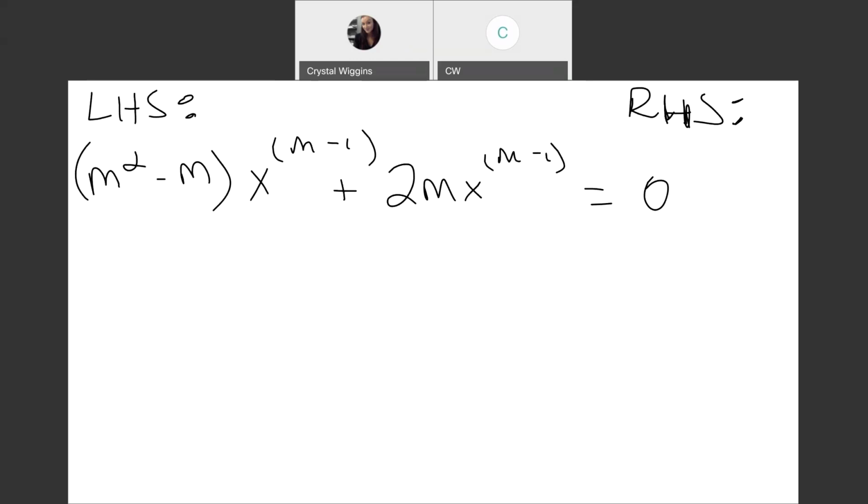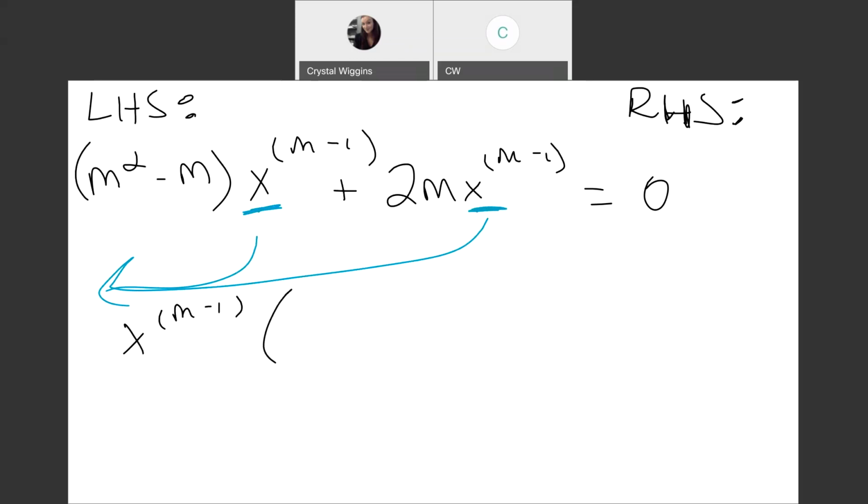Okay. Now our goal is to solve for m. So let's not try to get too overzealous or crazy on this. One thing that we notice is that they both share this exact x to the m minus 1. So let's factor that out. I'm taking x to the m minus 1 out in front, leaving me with m squared minus m plus 2m,